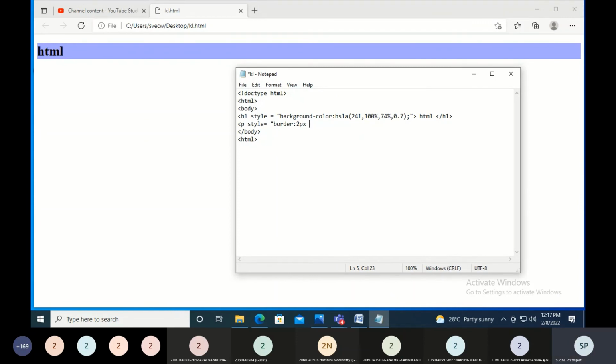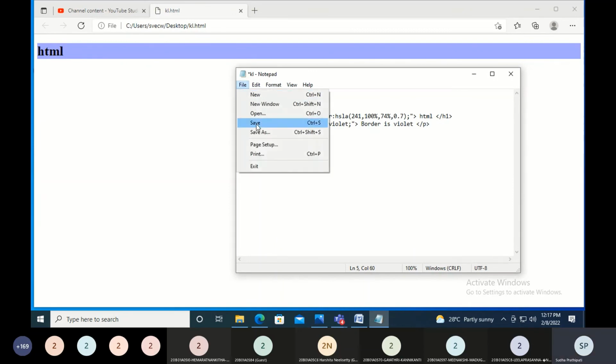Okay, so I'm giving some color, solid violet. Semicolon, double quotes. Okay, and then paragraph. So let me say border is violet, and so you can see it will appear in